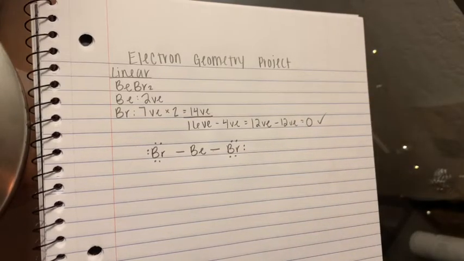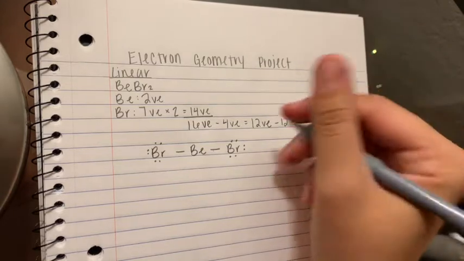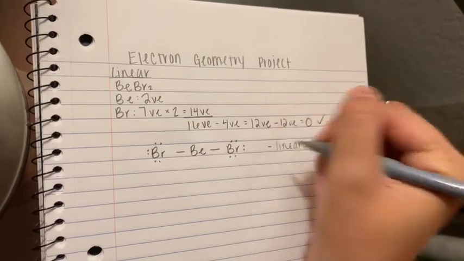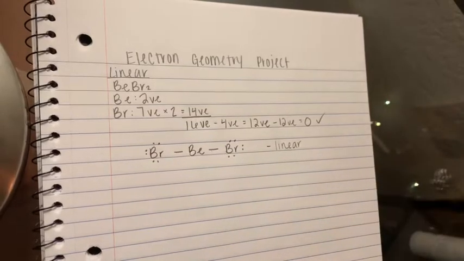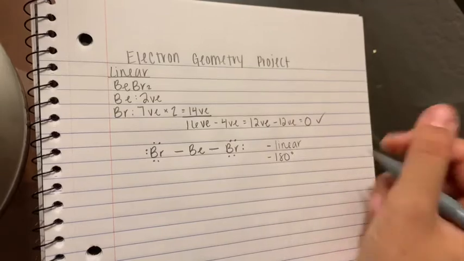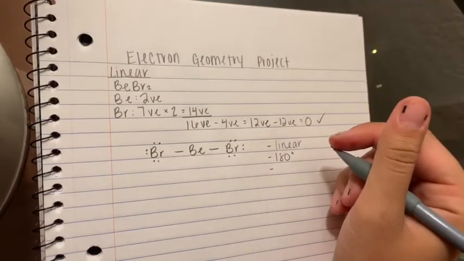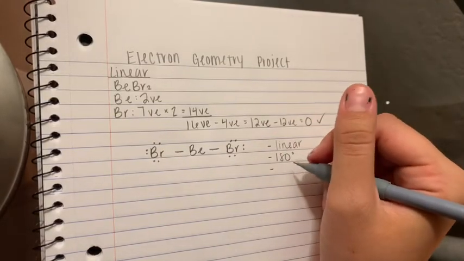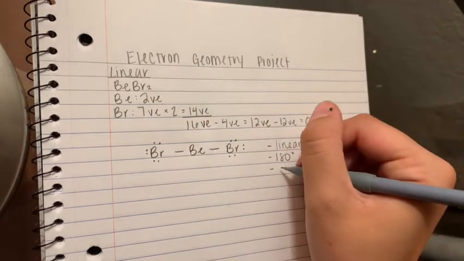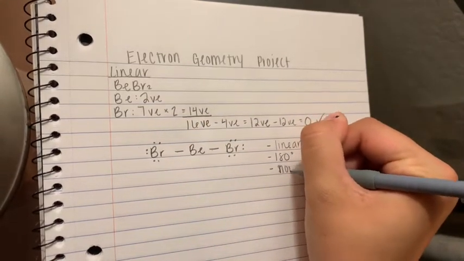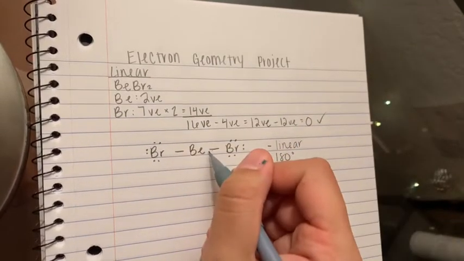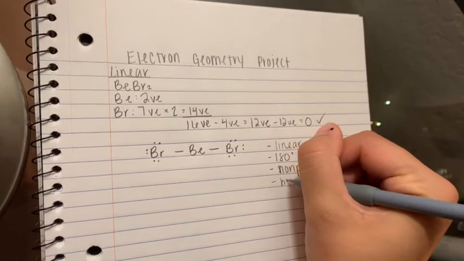And then from there, we can tell the shape. It's linear because there are no unpaired electrons on the center, which means that there's a 180-degree bond angle. And we can tell that it is nonpolar because it is symmetrical, and if it's symmetrical, it cannot be polar. Nonpolar. And since it has 2 electronic domains, its hybridization